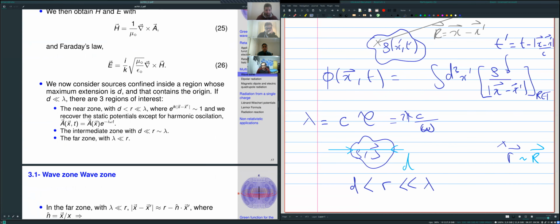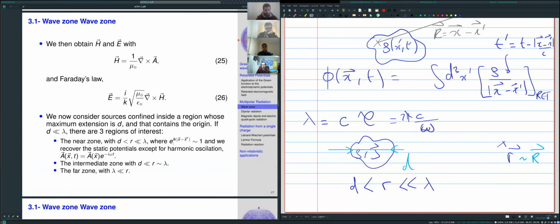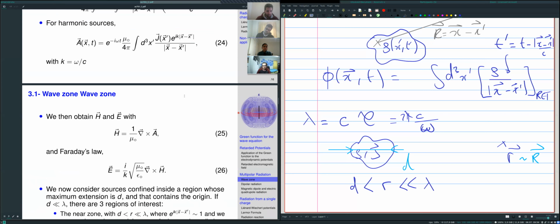So in the near zone, then this oscillating exponential is essentially 1 because k is 2 pi over lambda, and x minus x prime are both much less than 1. So much less than lambda, I mean, because of this request, okay? So we are in the near zone. And in this case, if this oscillating exponential is 1, look at what's here in equation 24. If this oscillating exponential is just 1, then this is beautifully just the Biot and Savart law, where we have